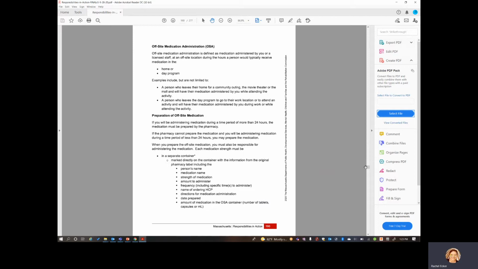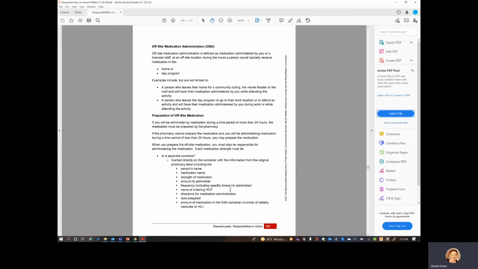You can use those, or a container like a vial, but they must be labeled with all of this information that's located here. So the person's name, the medication name, the strength of the medication, the amount to administer, the frequency, including specific times. Like, for example, if it says twice a day at 8 a.m. and 8 p.m., that's very specific times.